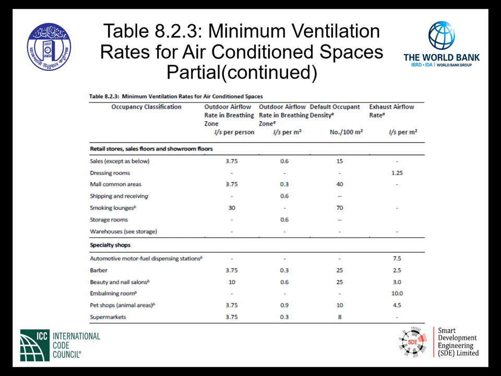If you look to the bottom of the table, note B indicates that mechanical exhaust is required and the recirculation of the air from any of these spaces, like the motor fuel dispensing area, is prohibited. All air supplied to such spaces shall be exhausted, including any air in excess of that required by this code. That's note B, and as you can see, the exhaust airflow rate is given to us at 7.5 liters per second per